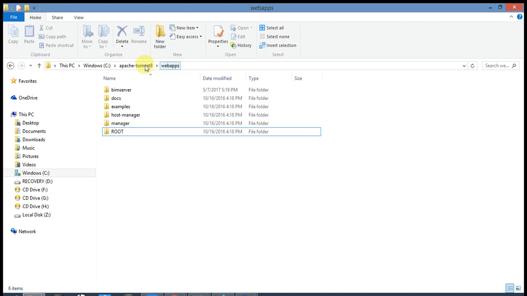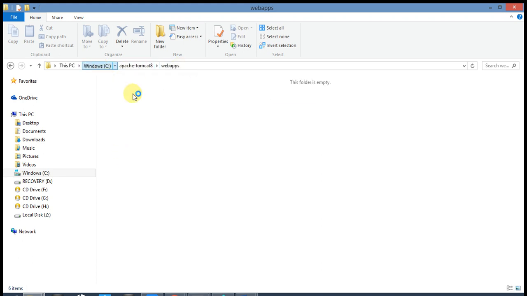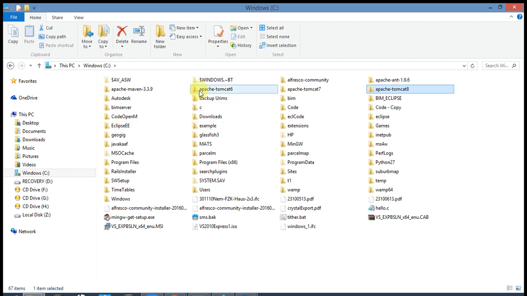folder, you find out that at the root drive C, I have three different versions of Tomcat. I have version 6, 7, and 8. And these versions really work with different versions of Bimserver. So that's our version 8. When you double click that,